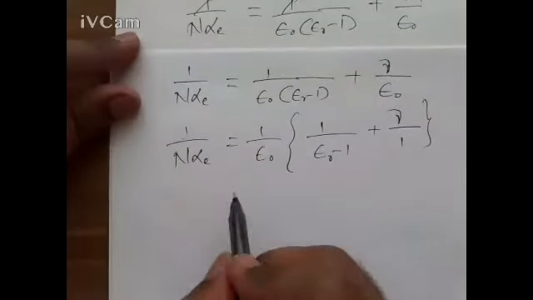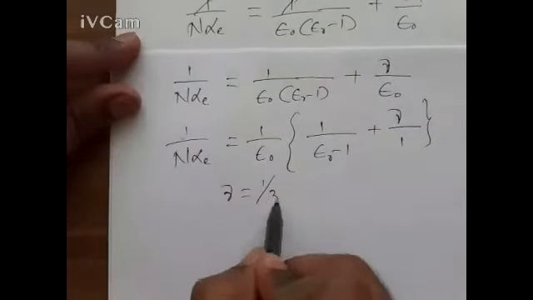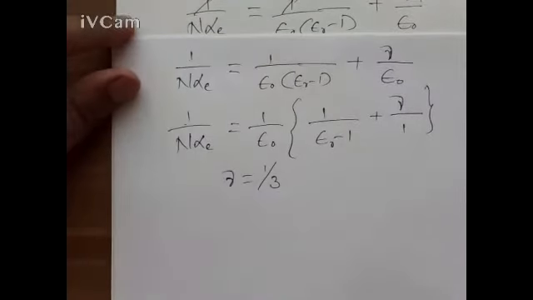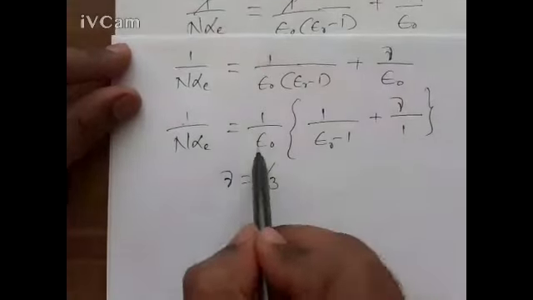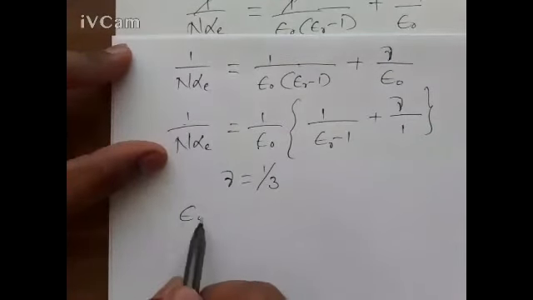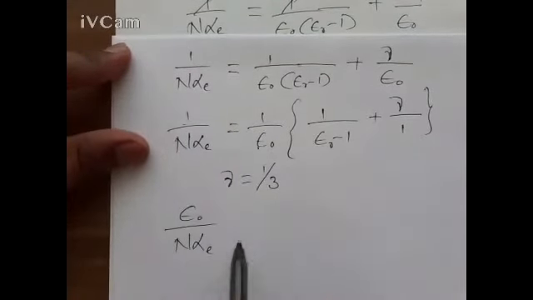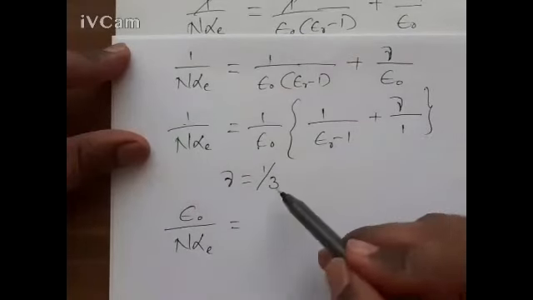Fine. What is the value of gamma? Gamma value is 1 divided by 3. Already I have given that. Gamma value is 1 divided by 3. It's a constant for the bulk material, a proportionality constant. So I'll take this epsilon naught to this side. So this is epsilon naught divided by n epsilon e is equal to, substituting the value of this,